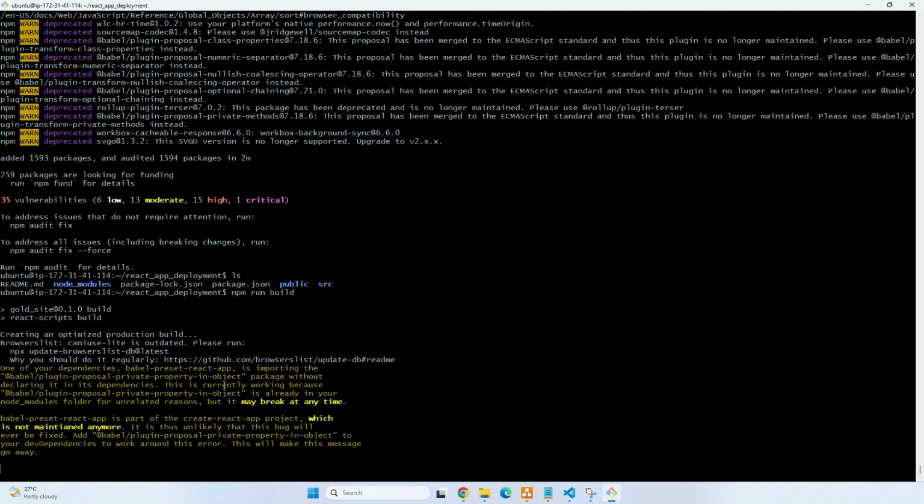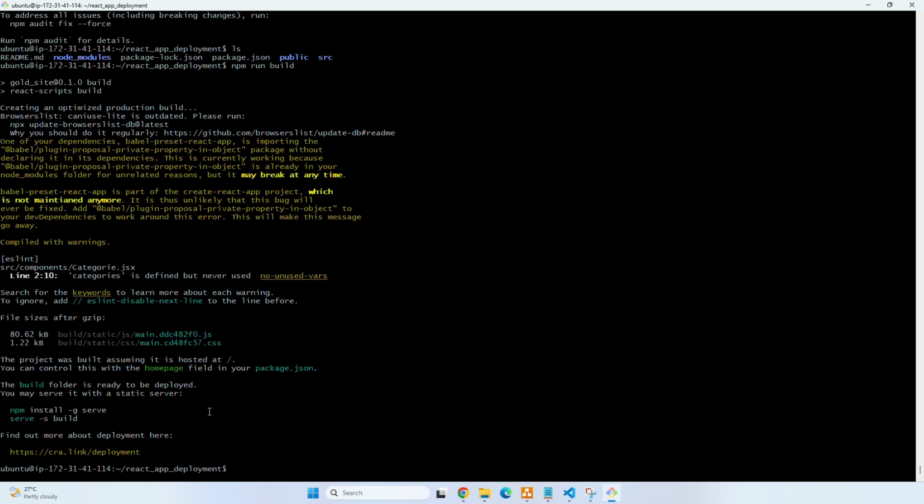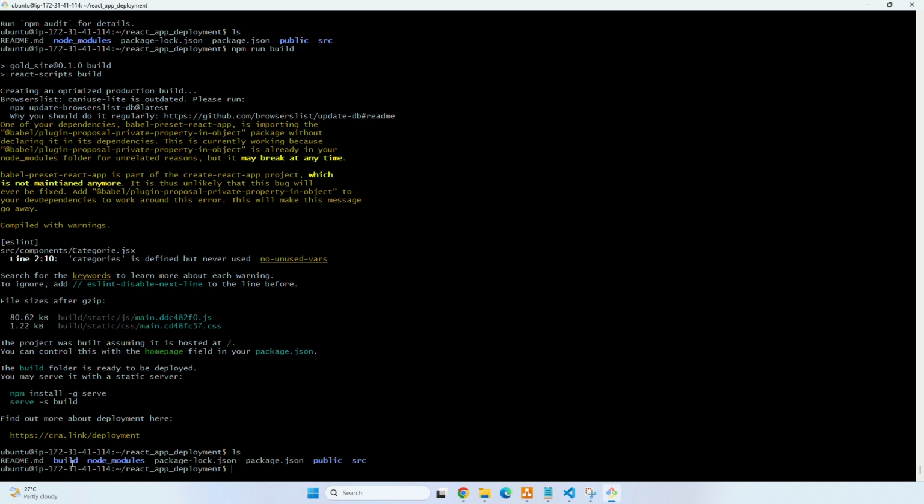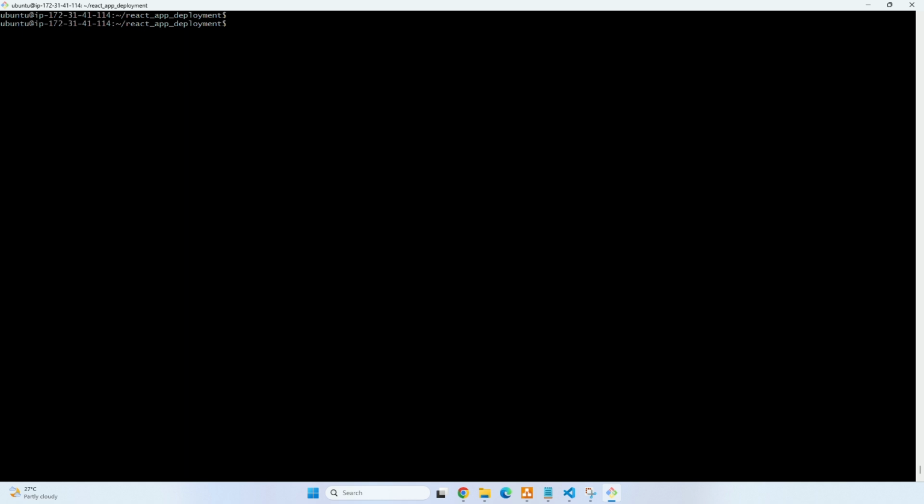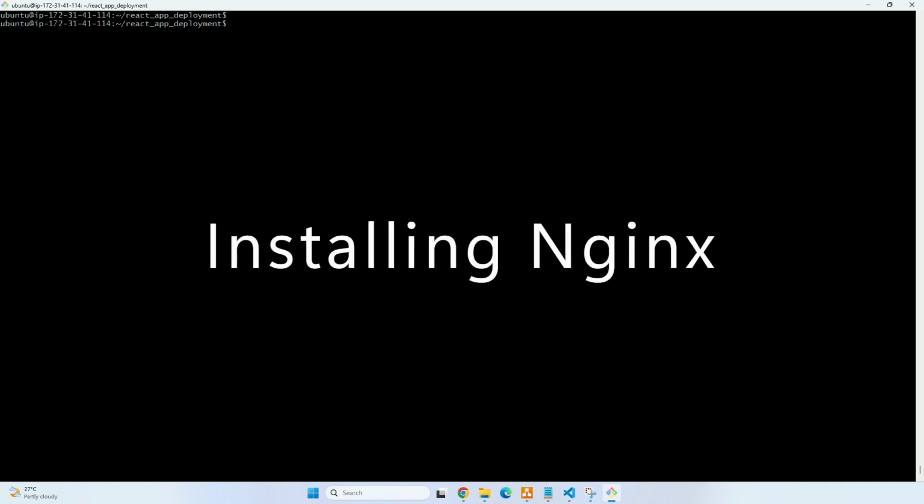These are some warnings. We can ignore those. It will take some time to create a build folder. You can see here build folder has been created. Let's clear the screen. So now I'm going to install Nginx Web Server